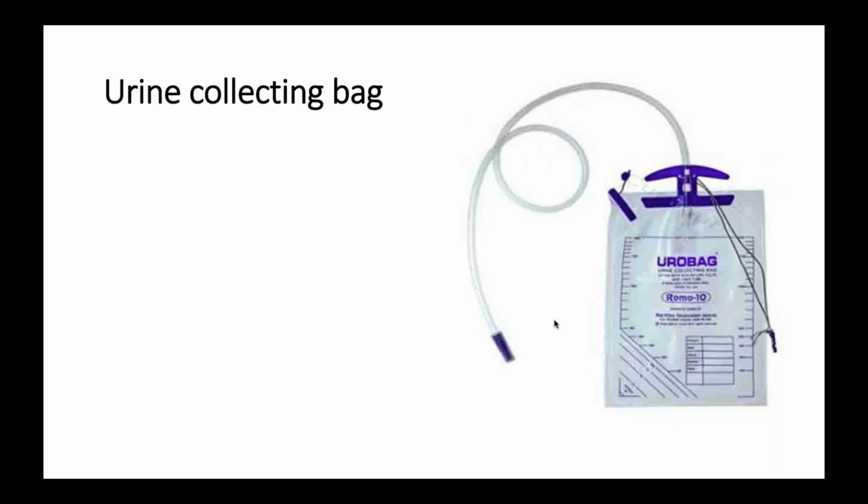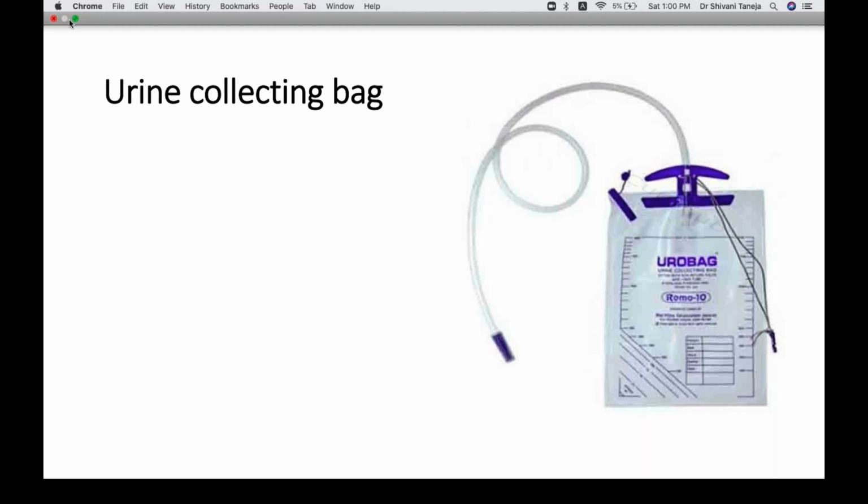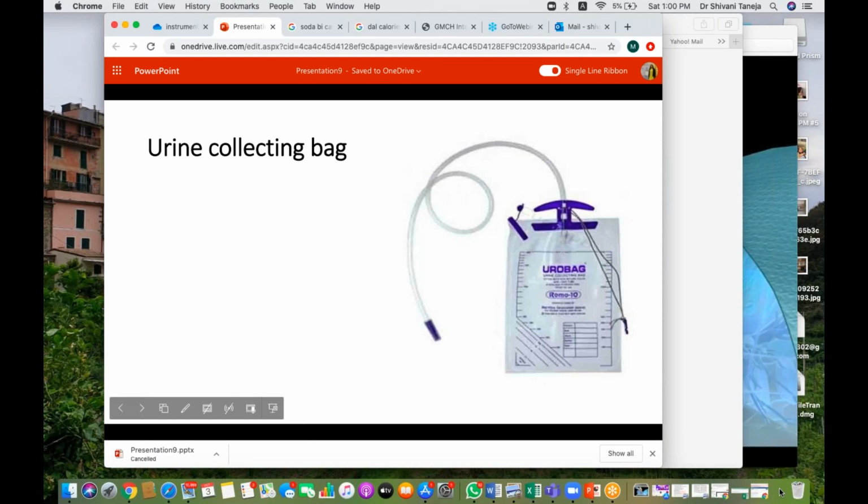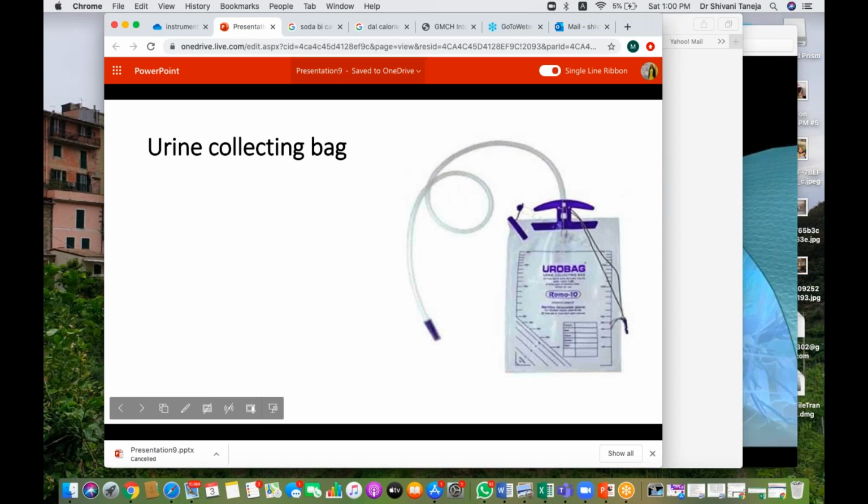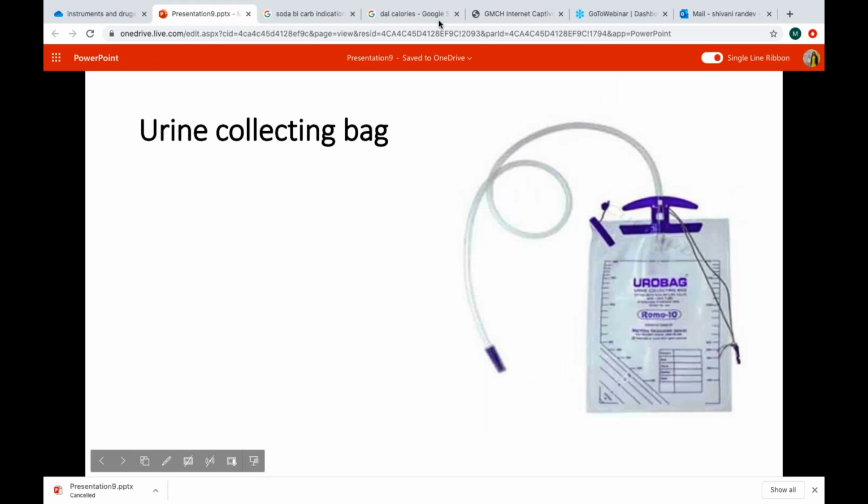Okay. So this Euro bag is used along with another device which is called the Foley's catheter. So basically it is used for collecting urine, and it can be used in an unconscious child who is incontinent and in a sick child to monitor urine. So for the purpose of assessing shock. Urine output is a very good indicator of blood perfusion to the kidneys, so it is a good indicator for shock. The various parameters we monitor in a sick child include heart rate, respiratory rate, sensorium, and urine output forms an important parameter. It will tell us about renal perfusion.